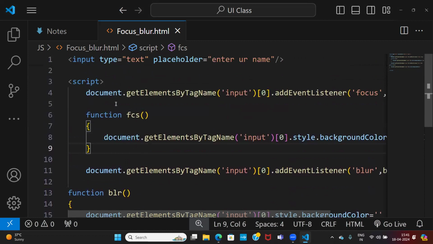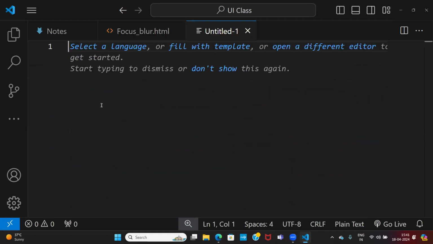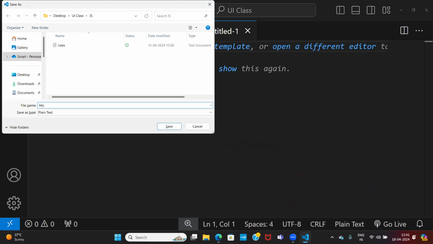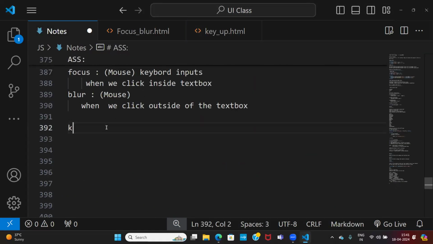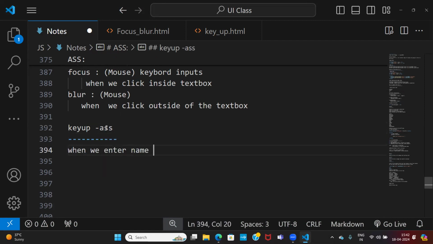For example, there is one more thing I want to implement: the key up event. See, my requirement is very simple. For the key up event, we will do one simple kind of assignment. When we enter a name in the text box, I need to capture the value and pass it to